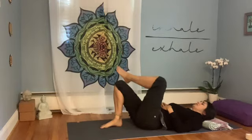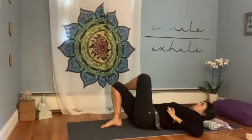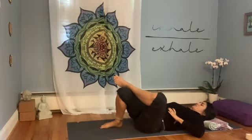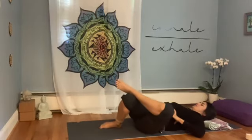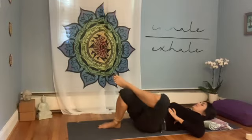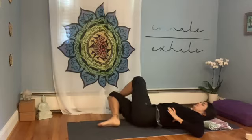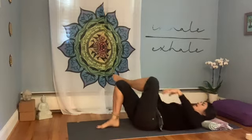Switch sides, left ankle on top of the right leg above the knee. And then we're just going to hold on to the rib cage and then let the shape of your leg sway left to right. Easing into the low back. Starting to feel what you feel in the hips. So not holding the breath, letting the breath flow. And then once the legs come back to center, I'm going to reach for the back of the right thigh,